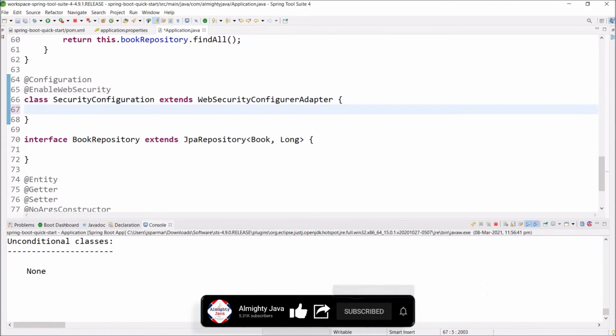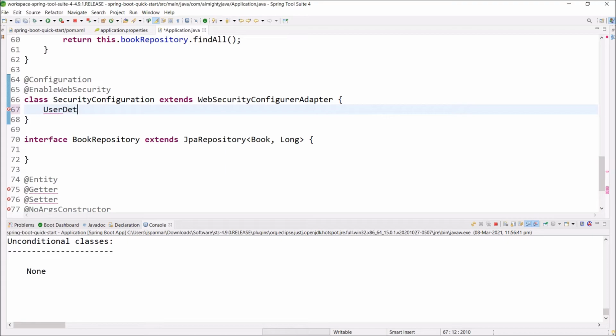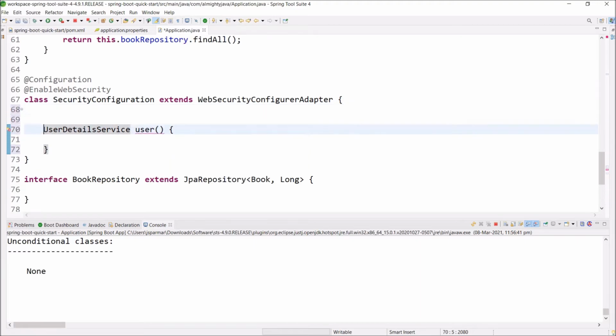Let's create a method, and that method will return UserDetailsService object, and the method name is user. You can choose any name. Annotate this method as bean. As you can see, this method is returning UserDetailsService object. So there is a class that implements UserDetailsService, and that class name is InMemoryUserDetailsManager.